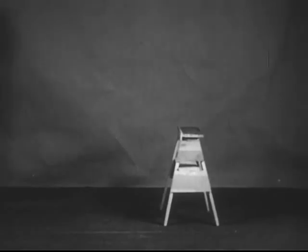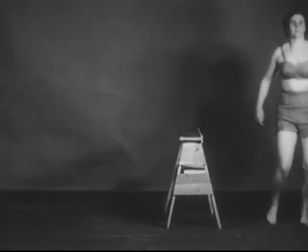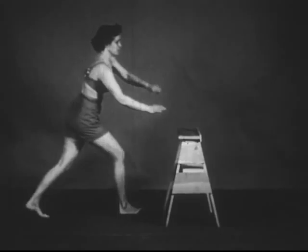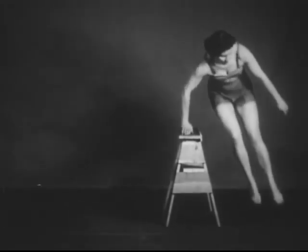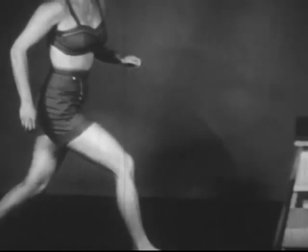Next we see the hurdle across the horse and the vault, first at regular speed and then in slow motion. Notice the coordination of the arm and leg movements, the springy landing with the body in the crouched position. In the close-up, we can see better in slow motion, first the hurdle and then the vault with the hand